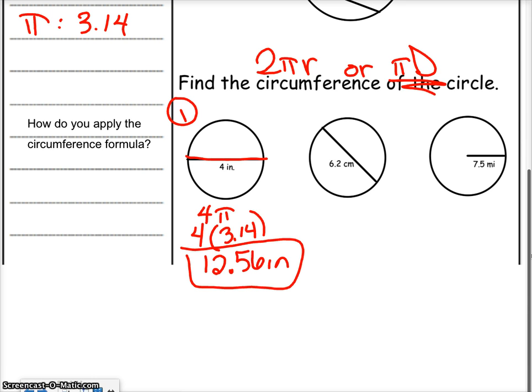Okay. Find the circumference of circle number 2 if it has, is this radius or diameter? Radius. It goes all the way across. Radius. Diameter goes all the way across. So since it goes all the way across, it's diameter, so I'm going to use the pi times diameter. So 6.2 times pi, 6.2 times 3.14,